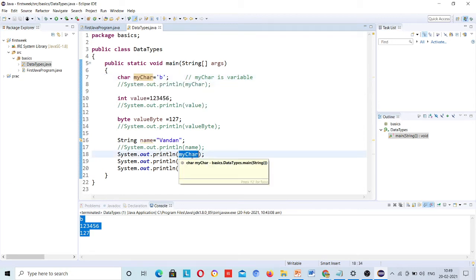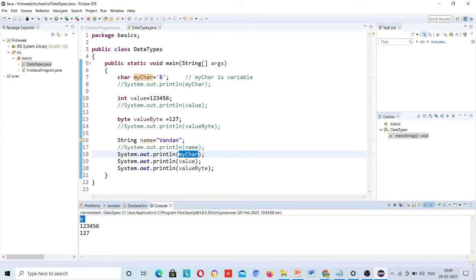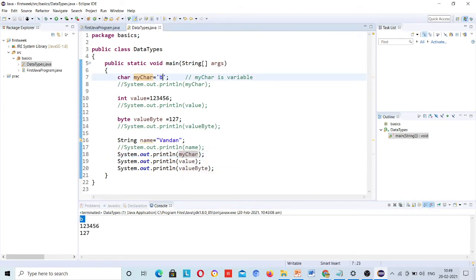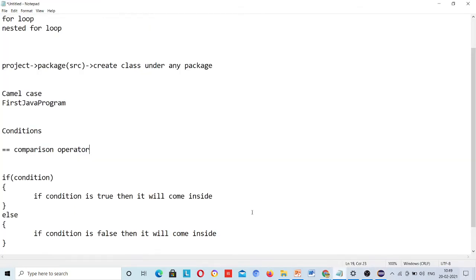Once I printed it, it results in b, because b was stored in my char. So this single equals to is an assignment operator. It assigns values to variables. And this is your double equals to, which is the comparison operator.